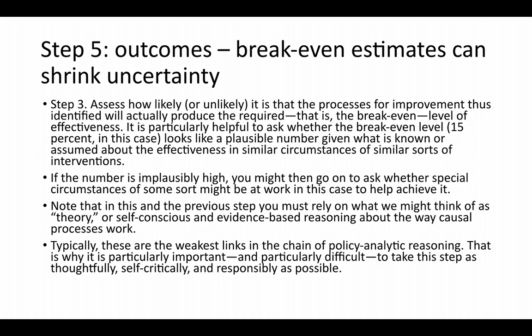Then you can assess how likely or unlikely it is that the process of improvements that's identified will actually produce the required level of effectiveness, which is the break-even, right? It's particularly helpful to ask whether the break-even level, 15% reduction, remember, looks like a plausible number given what is known and assumed about the effectiveness in similar circumstances of similar sorts of interventions. Now, if the number is plausibly high, you might then go on to ask whether special circumstances of some sort might be at work, in this case, to help achieve the break-even level, 15%